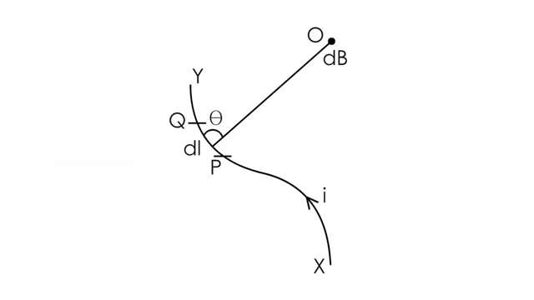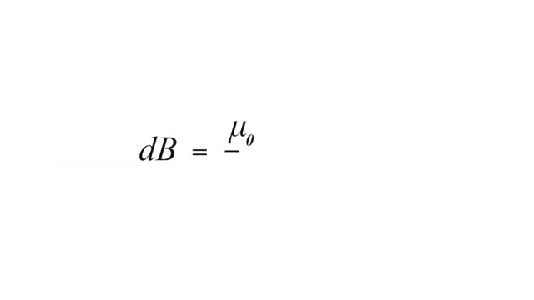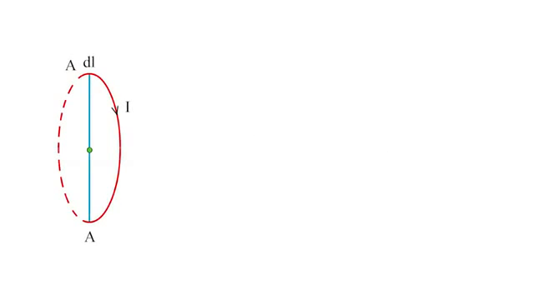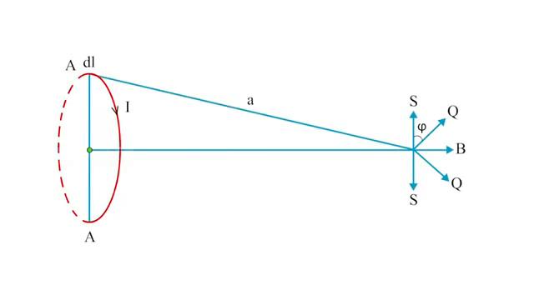The element and the line joining the element to the point, and inversely proportional to the square of the distance r between the element and the point. That is, dB equals mu0 by 4 pi into I dl sine theta, the whole divided by r square. By Biot-Savart's law, the total magnetic field at a point which is at a distance x away from the